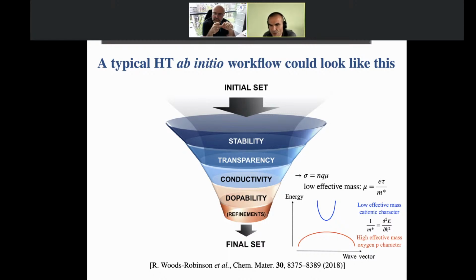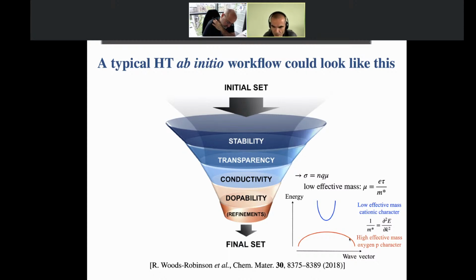So it requires to have a low effective mass because the mobility of the carriers is related to the inverse of the effective mass. And typically, if we look at oxides, we have a situation, and that explains why it's difficult. In many materials, the top of the valence band has an oxygen p character, and as a result, you have a rather flat band for which it's difficult to have a low effective mass and a good mobility.